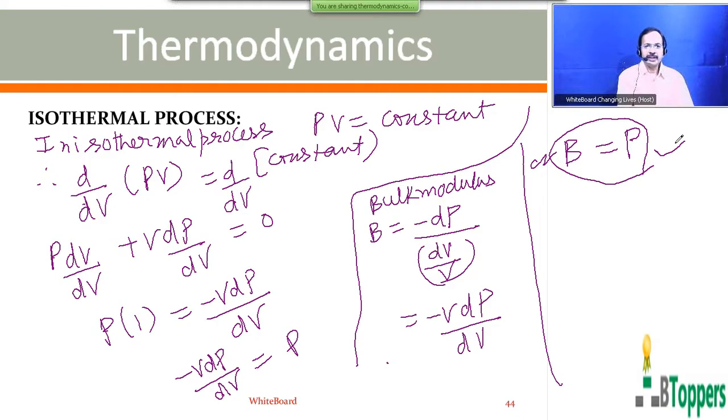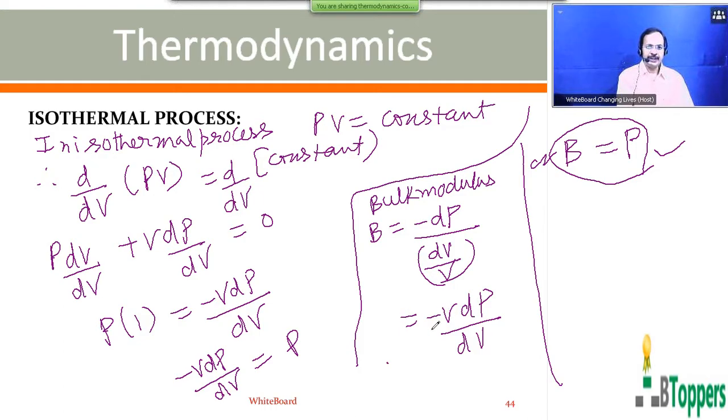Of course, bulk modulus in the case of solids we can consider as a constant for a given solid. Even for a liquid, bulk modulus can be assumed to be a constant for a given liquid. But the bulk modulus of a gas depends on the process which the gas undergoes. In the isothermal process, the bulk modulus of elasticity of the gas is equal to the pressure of the gas.